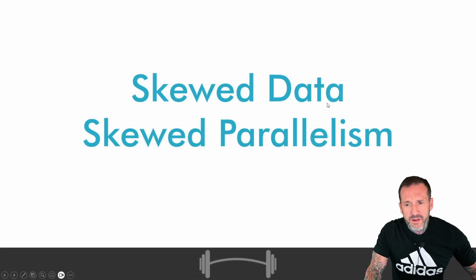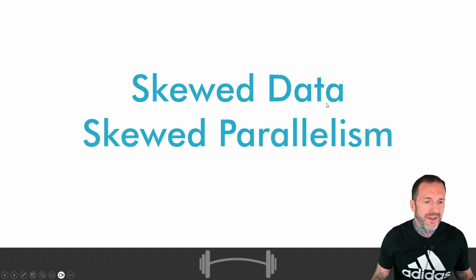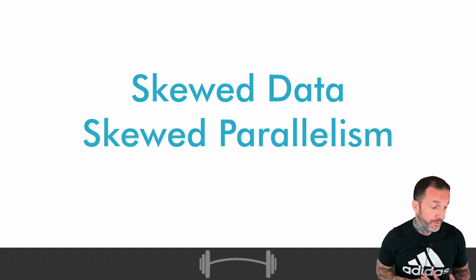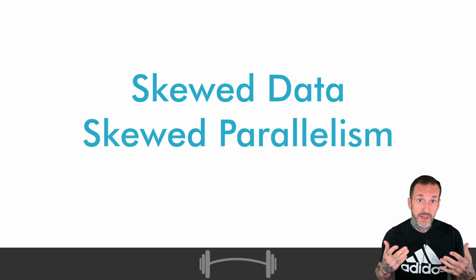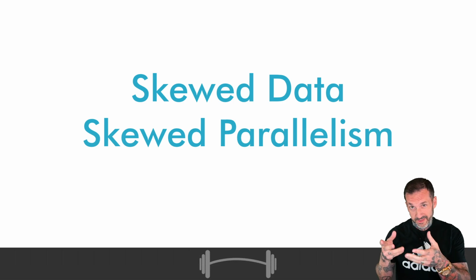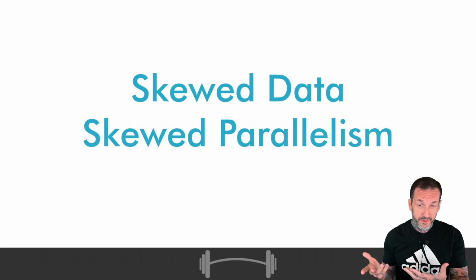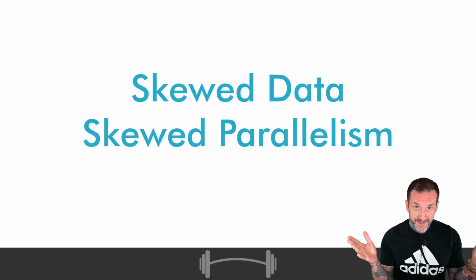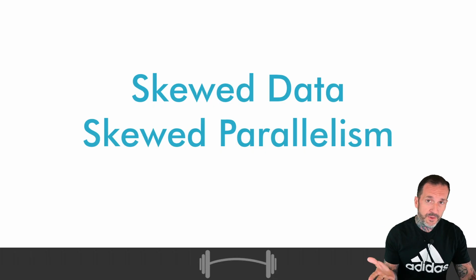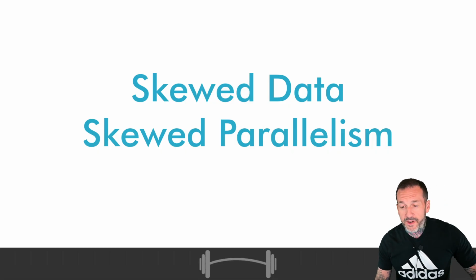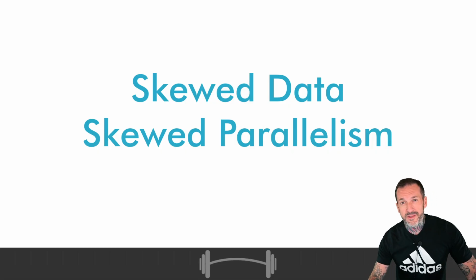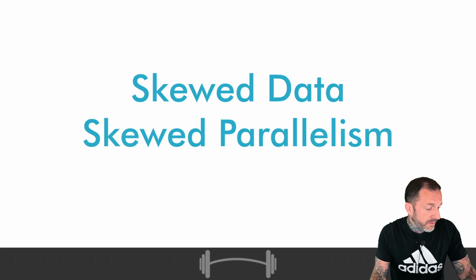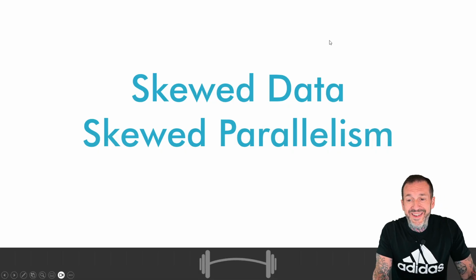In this video, we're going to talk about how skewed data can lead to skewed parallelism. Skewed parallelism, of course, means where many rows end up on either one or a small number of threads, and kind of undo all of the potential speed improvements by sacrificing CPU in order to reduce wall clock time that can happen because of that, and how you can find it. I'm not going to talk about how to fix it in this one because I've got something else coming up for that. But this is a good way to introduce the problem and to help you identify it in a